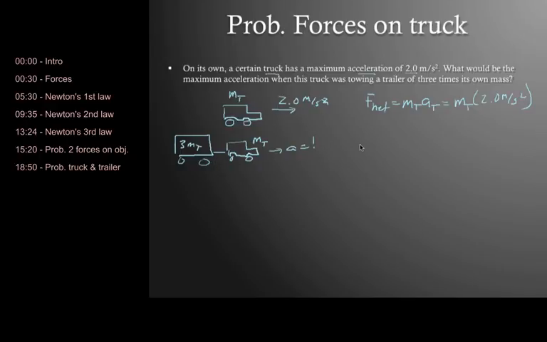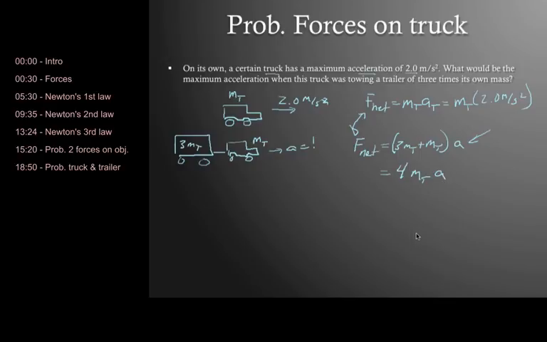Now let's look at the second case. Here I have the net force that's provided by the engine of the truck. And I know that these two have to be the same because I'm not changing the engine in this truck. I'm not changing anything else. I'm just attaching a very heavy trailer to the truck. It is equal to the mass of this whole thing. So it's going to be 3 MT plus MT times the acceleration. And that's what I want to find right here. So this is equal to 4